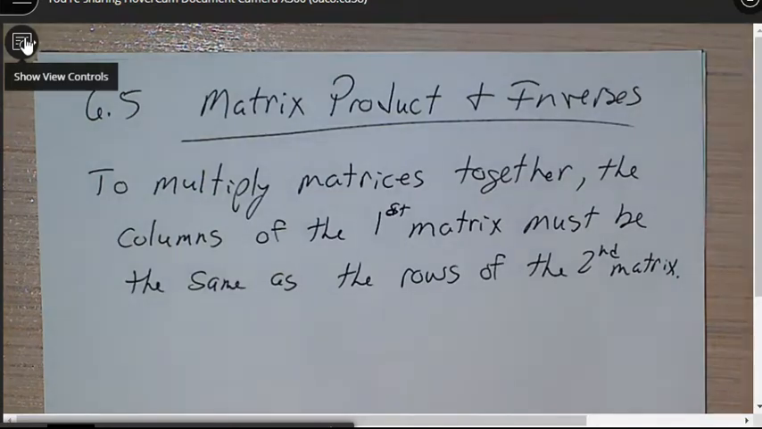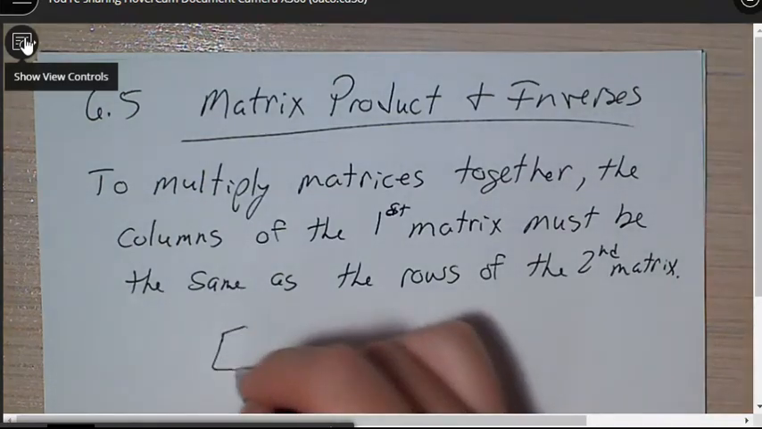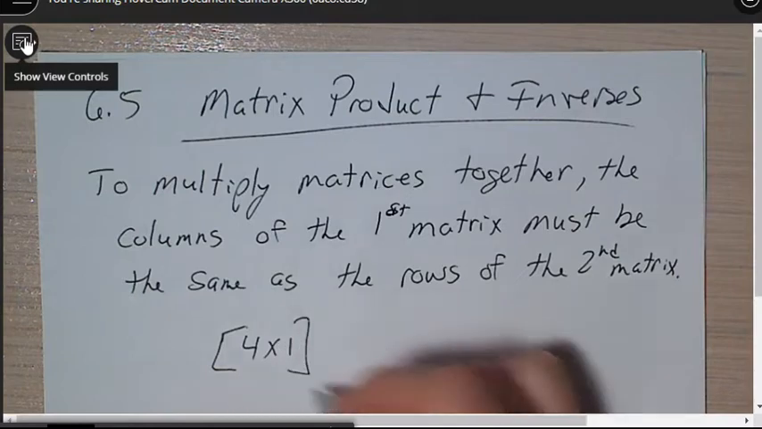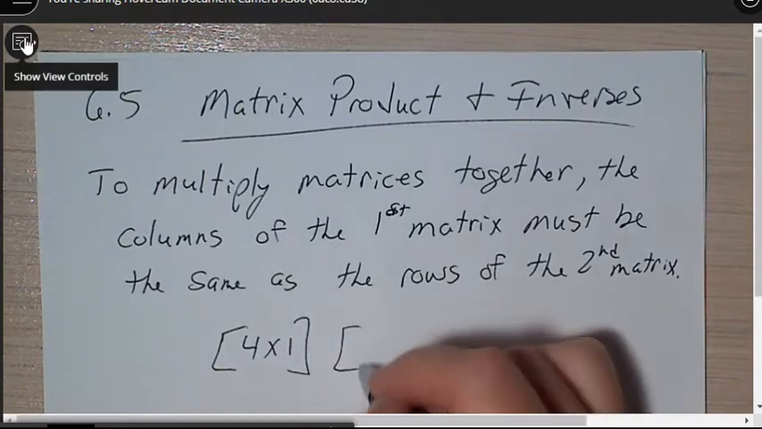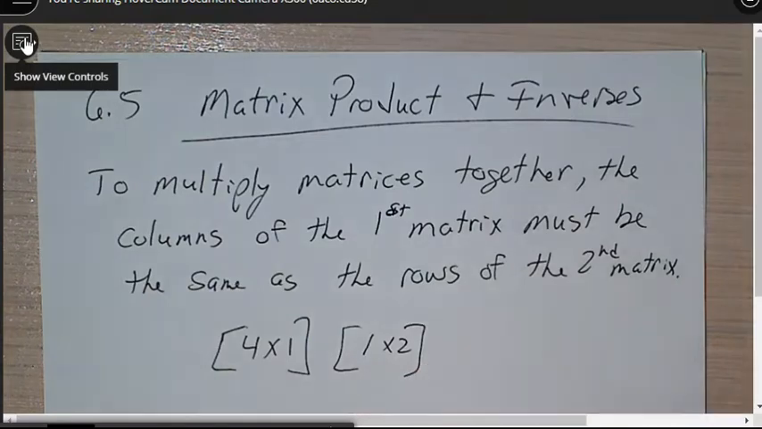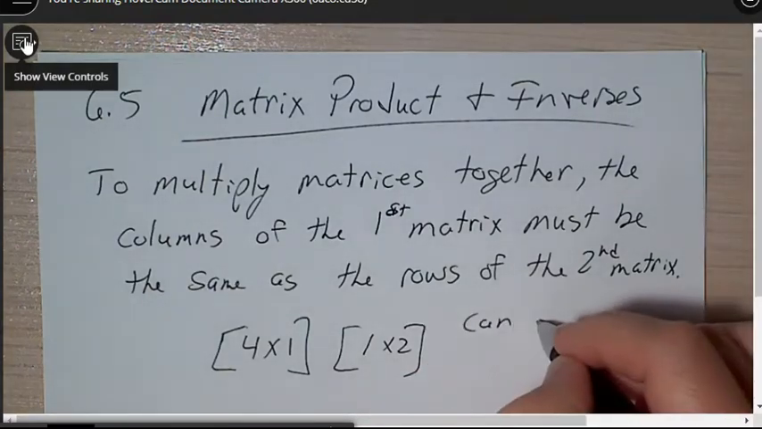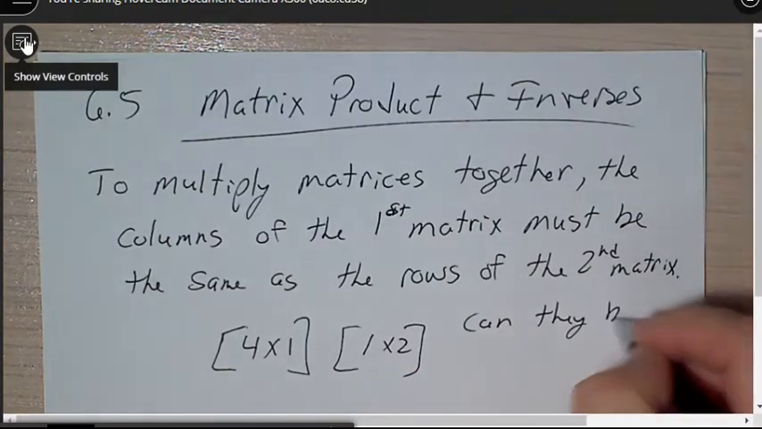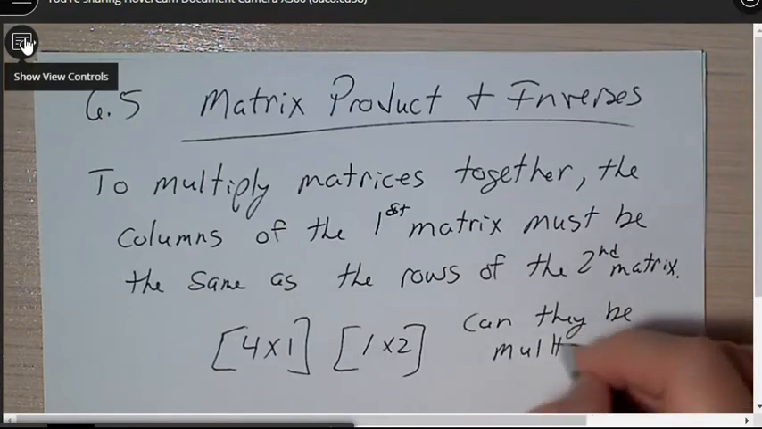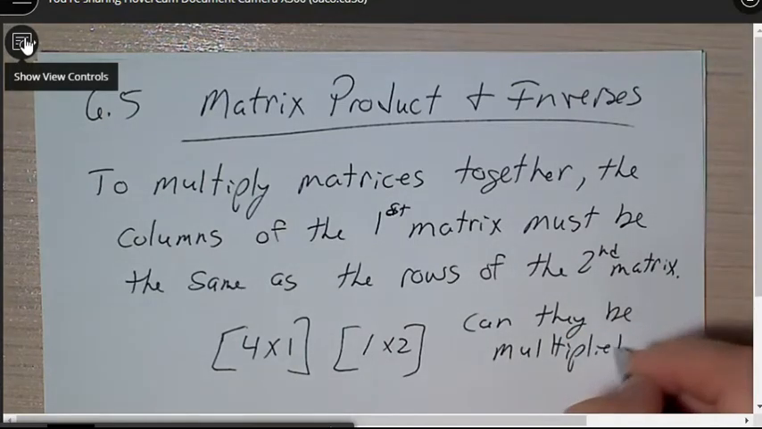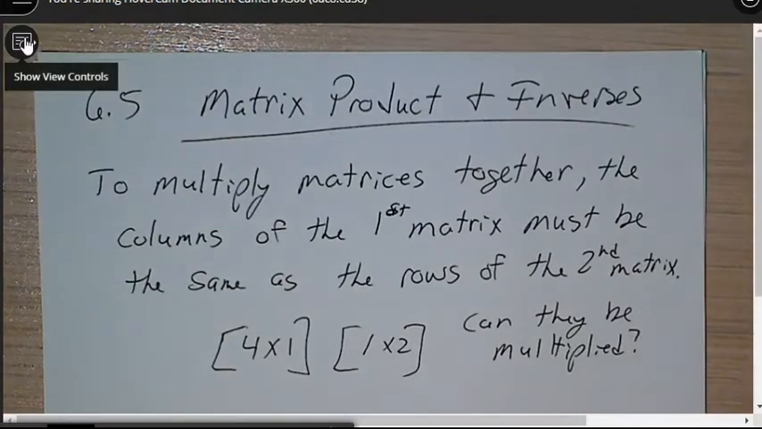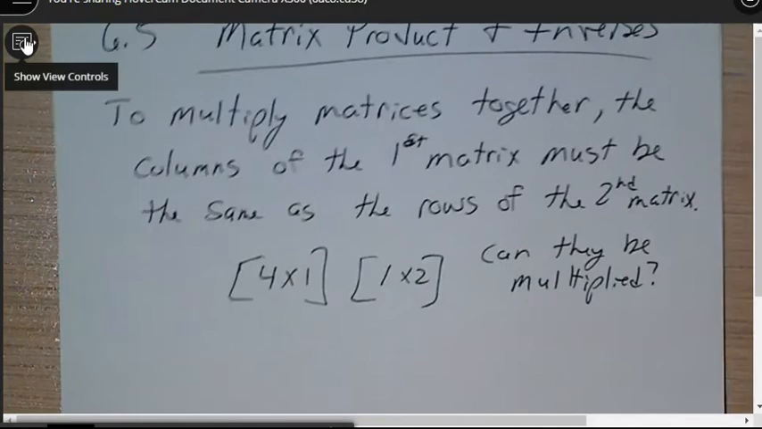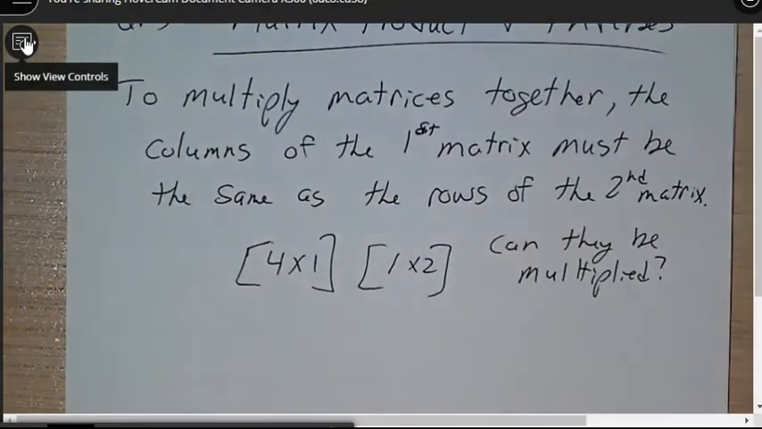Okay, so let's say, and they're going to ask you that, let's say you've got a 4 by 1 matrix and a 1 by 2 matrix. It'll ask you, can you multiply these together? Okay, and really the easy thing about this one is that when you talk about the columns of the first and the rows of the second, basically it's the two inside numbers that you have here. If these two numbers are the same,